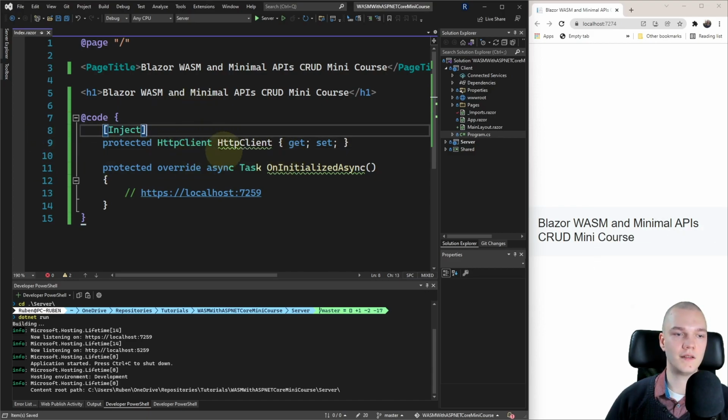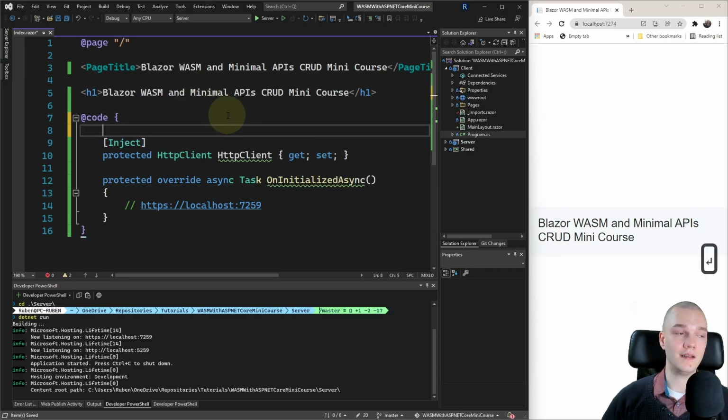Alright, and we'll get the non-nullable warning that's now the default in .NET 6. And in this case we can ignore it because Microsoft's dependency injection will make sure this HttpClient isn't null. So let's mute it with a pragma directive.